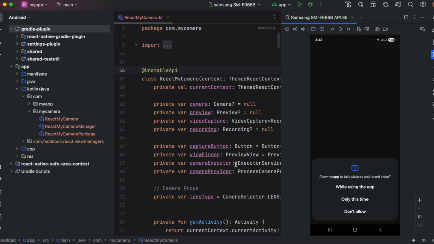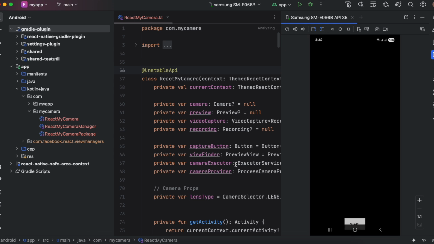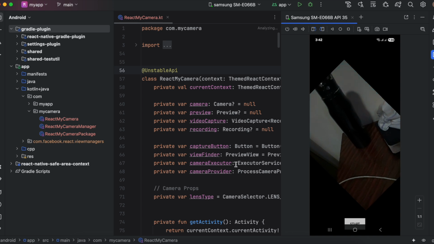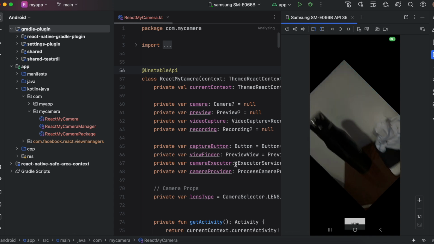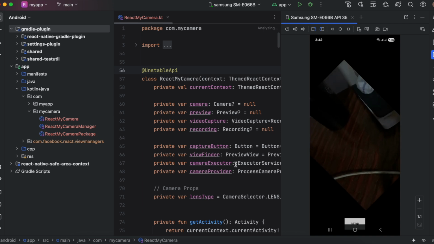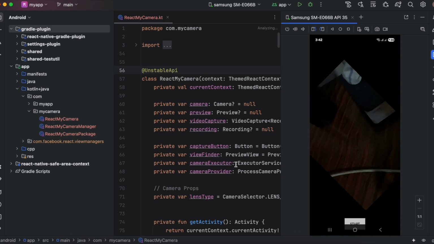First I'll give it the camera permission, then I will give it record audio permission, and here you can see the video has been rotated 45 degrees. I'll click on the start button as well. I'll record something. Okay, and once I click on stop, the video which has been recorded is saved to